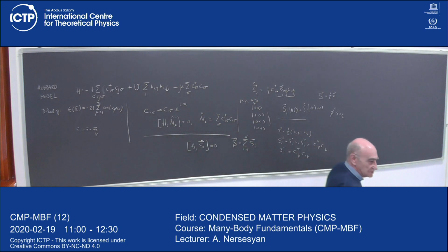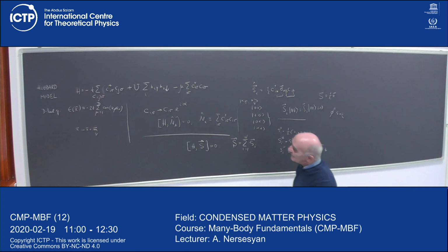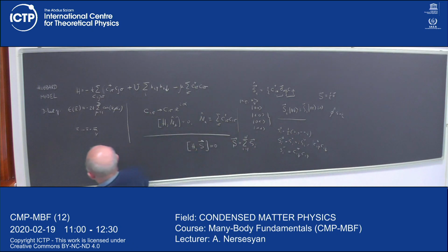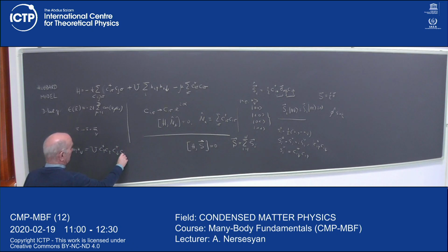The total spin of the system is conserved as well, along with the total particle number. If I look at the object, U, and up and down, I fixed, I don't write it, which is U, C up dagger, C up, C down dagger, C down. How would you prove that this